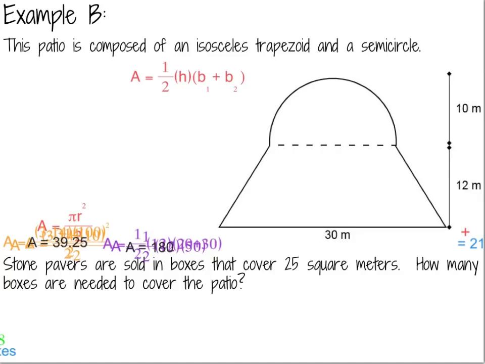But if I'm looking at my formula sheet, I don't have an area formula for a semicircle. I have an area formula for a circle, pi r squared, but I don't have one for a semicircle, or half of a circle. So I'm going to have to adjust my formula so that I can use it for a semicircle. So to adjust my formula, I'm going to take A equals pi r squared, just like I would for a regular circle, but since I'm talking about half of a circle, I'm going to divide it by 2. So my formula that I'm going to use for my semicircle is A equals pi r squared divided by